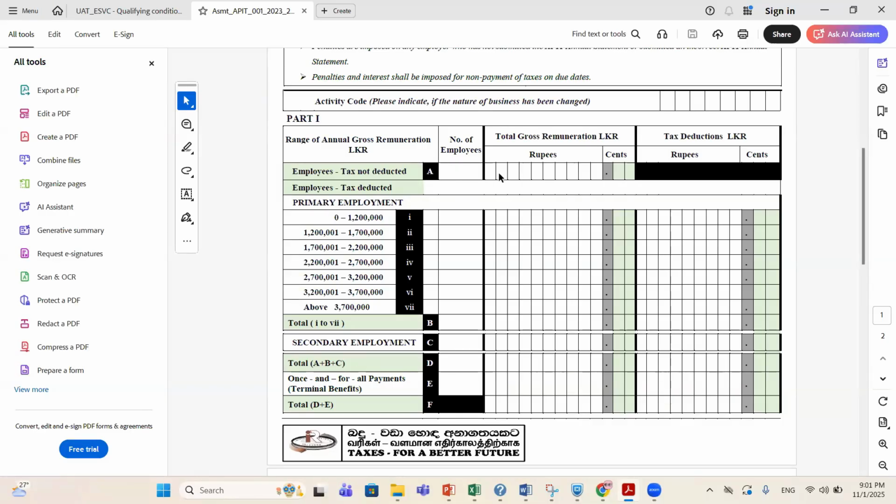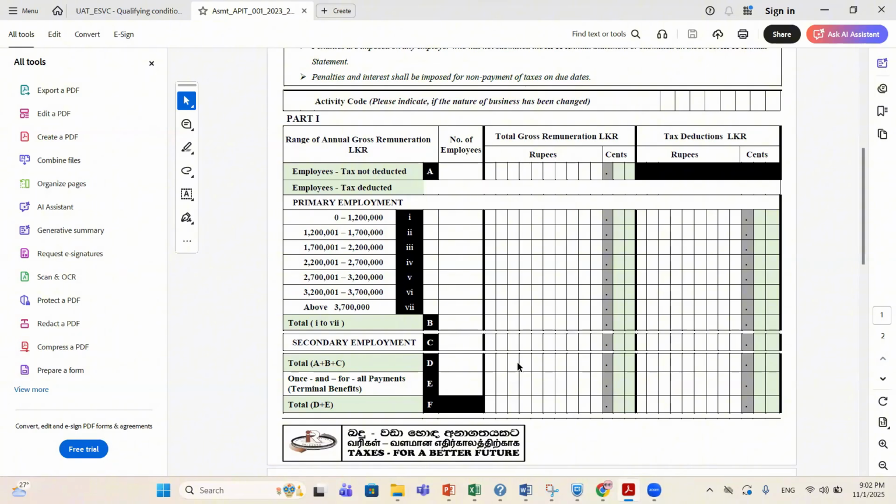That means A is the total remuneration paid to the employees who are not liable for the APIT, and B is the total remuneration paid to the employees who are liable to APIT, and C is the total secondary employment remuneration payment. So the sum of ABC should be equal to D.